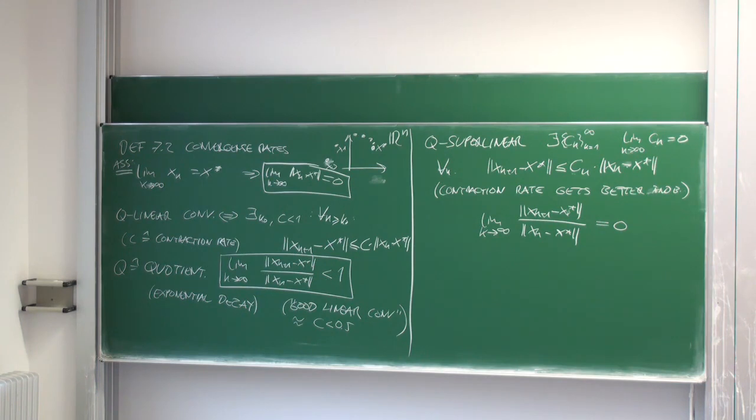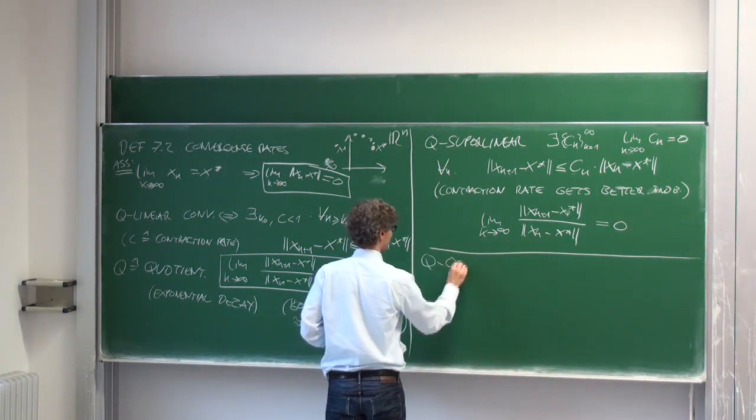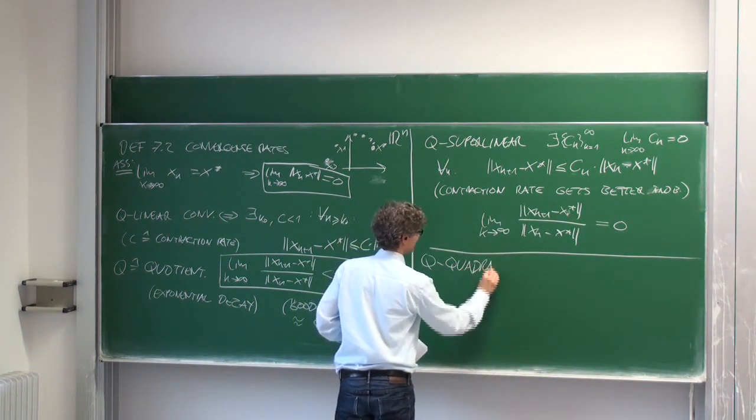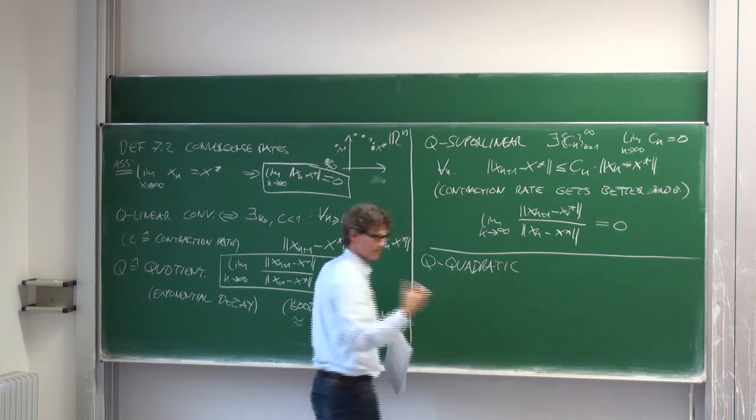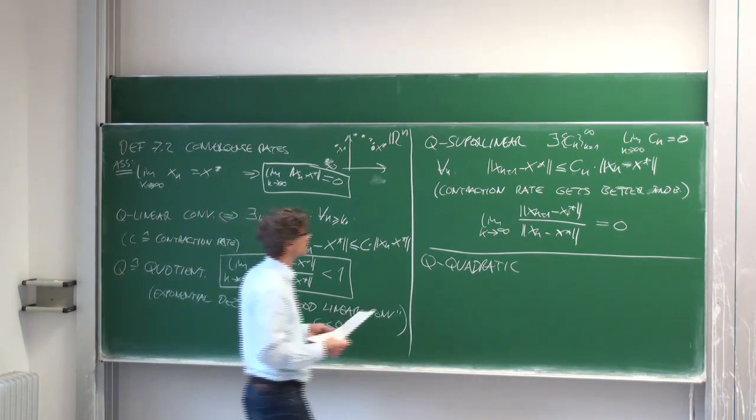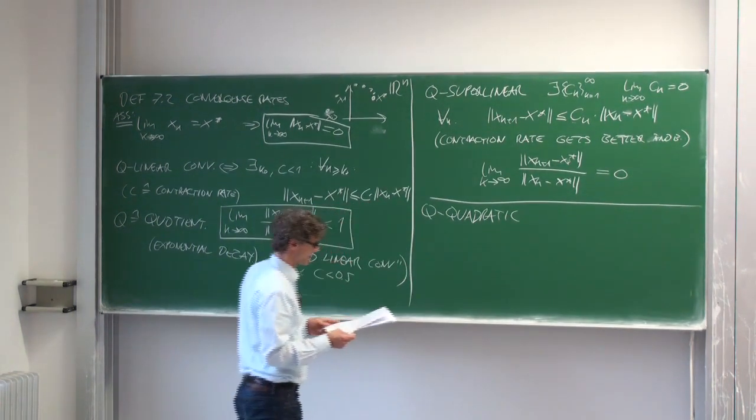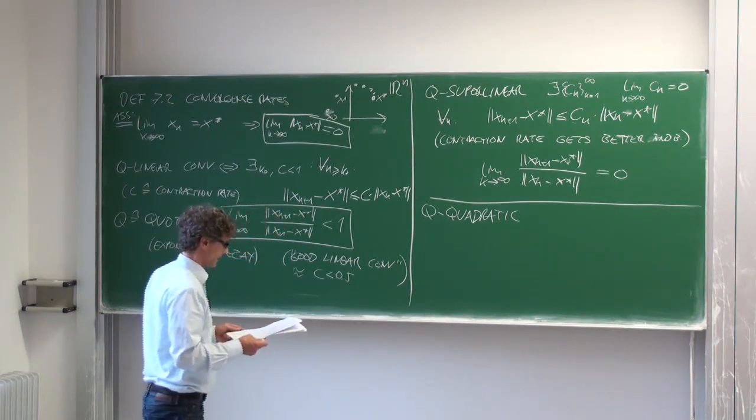And then there's something better, which Newton's method will have actually. And this better thing is Q-quadratic. Better I say because it's actually typically faster in practice, but it's basically a different thing. Q-quadratic convergence, what is it? Q-quadratic convergence is that there exists,